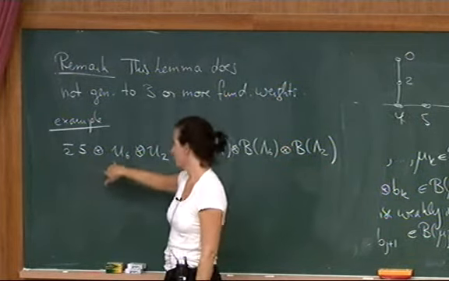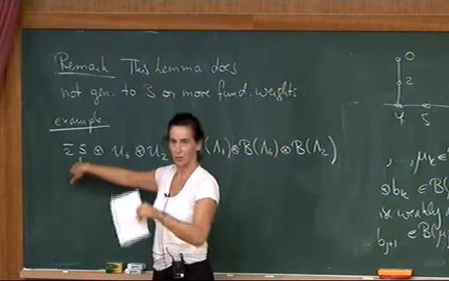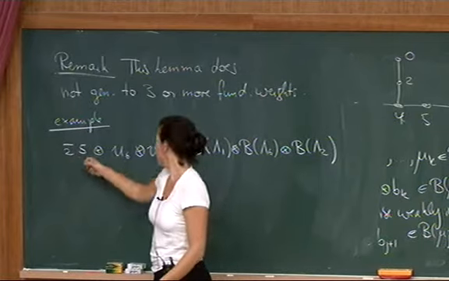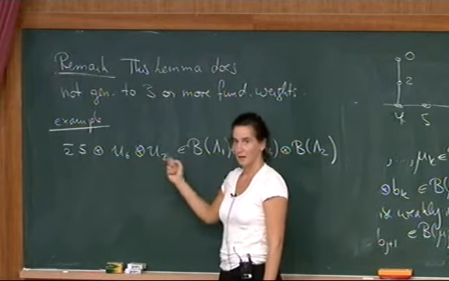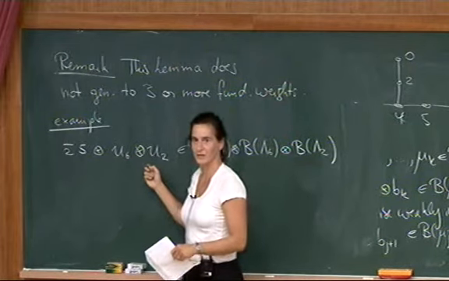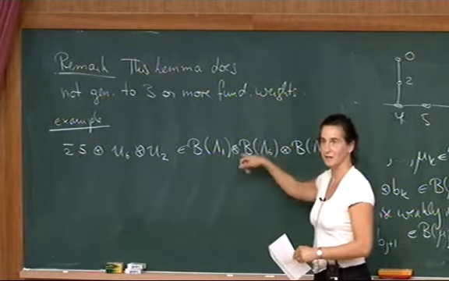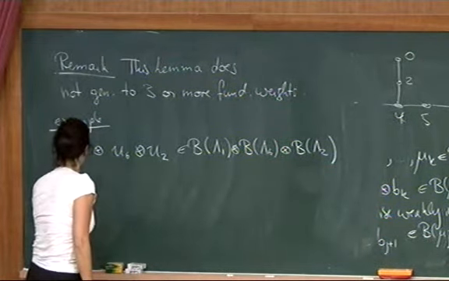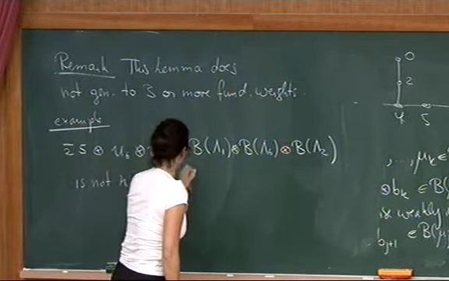And you can check that this guy has only a 6 coming out, and you don't need any E6 to go to the highest weight vector, so this is in fact in the component of u1, u6. But this is a highest weight vector, and it's not u1 tensor u6 tensor u2. So this does not live in B of the sum of these things. So this is not in B(lambda_1 + lambda_6 + lambda_2).